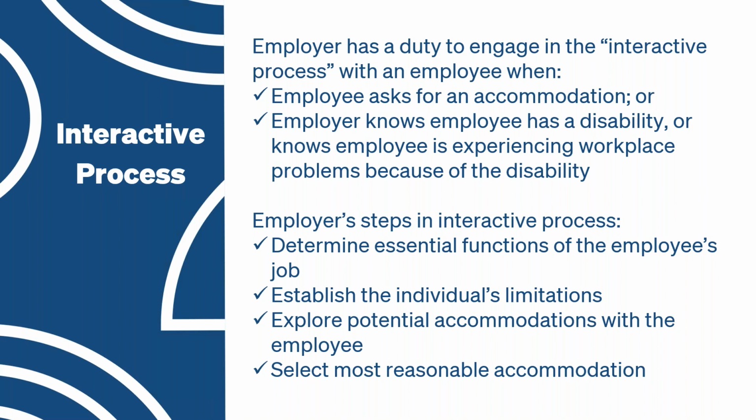Once you have an idea of what their limitations are, you can't push for more. But if you don't know what the limitations are, you can send a questionnaire with the copy of the employee's job description and have the employee take that to their healthcare provider and fill out the questionnaire, and have the employee bring it back and say, okay, well, they've seen your job description, they know what you can or can't do, and now let's take a look at this and let's discuss. At that point, you would explore potential accommodations with the employee.